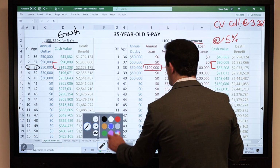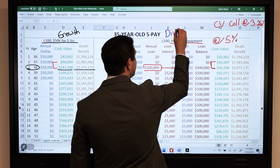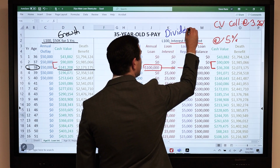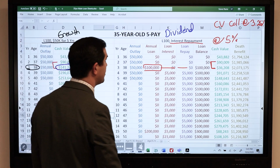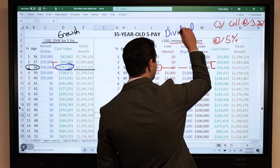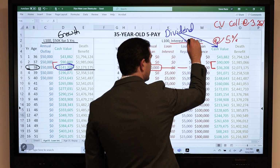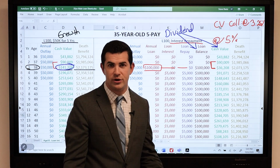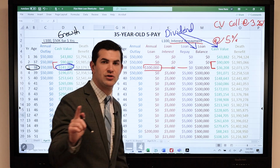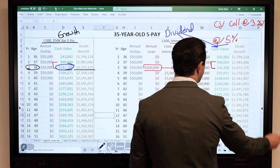Now, from what we covered in the overview video, the company is still going to pay dividends on the full 141. Another way to put it is I'm still going to receive a dividend on any money in cash value and any money outstanding in loans. There's no lost opportunity cost here. How the insurance company does that is, one, I have the loan interest expense, but really,